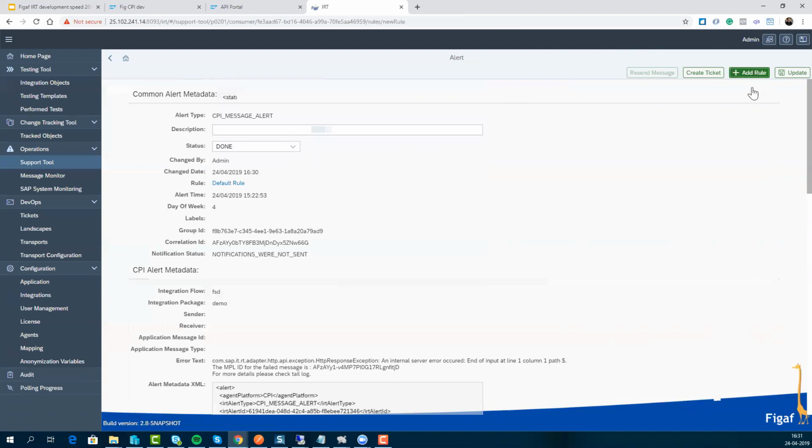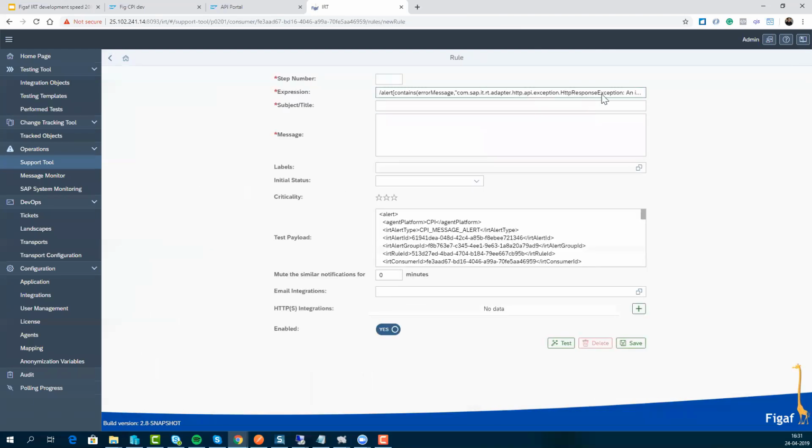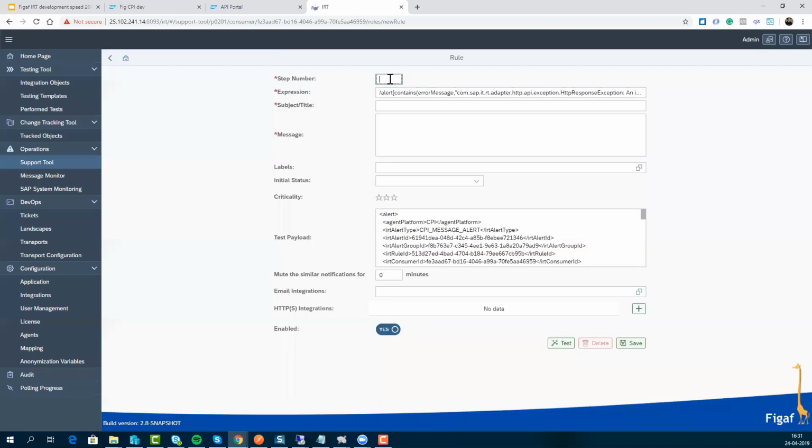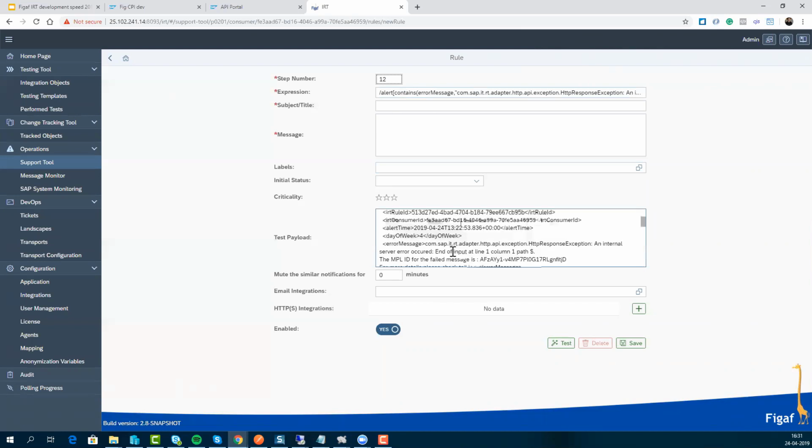We can add a rule that says if we're getting this kind of exception on this iFlow, there is a recursive list of XPath that will run through and check whether the alert contains this. And maybe if it is the specific iFlow, we want to say